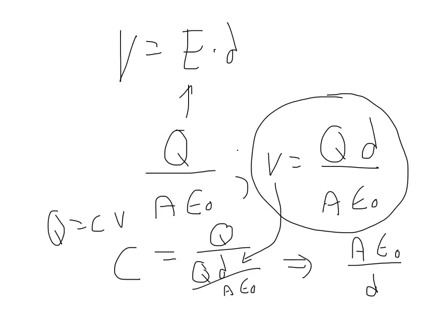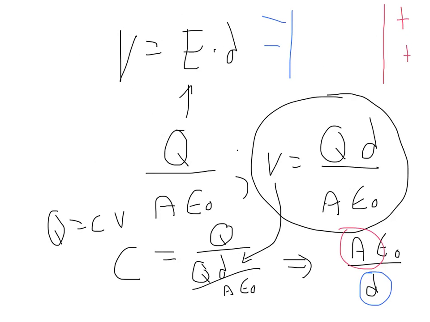Just take a look at this conceptually. If I increase the area of my plate, increasing the area means I can store more charge for a given voltage. So conceptually that makes sense. If I decrease the spacing between my plates, so the plates get closer and closer together, and one is positively charged, one is negatively charged,